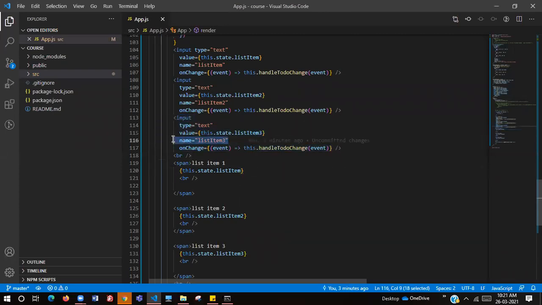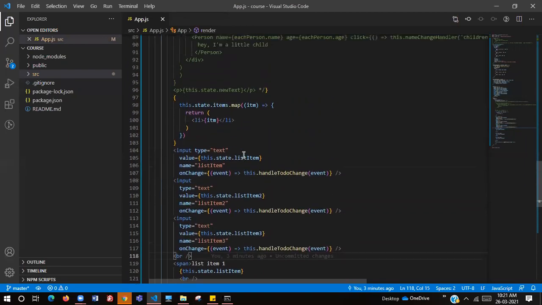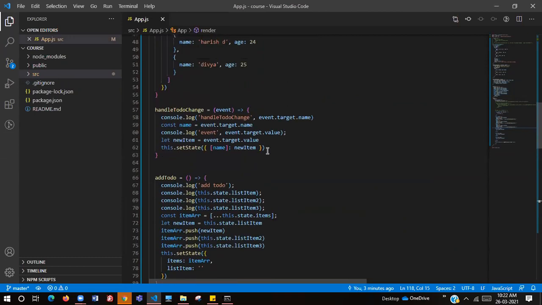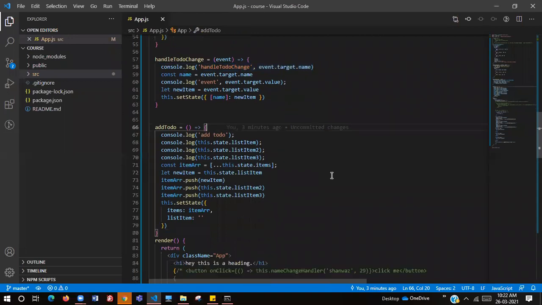Add a name to each one of the inputs, and log that input name in the handleToDoChange method, and update it dynamically.